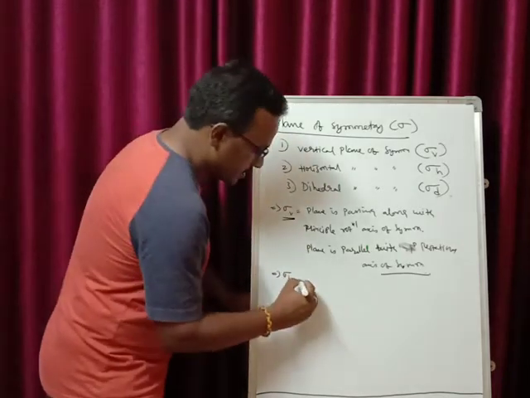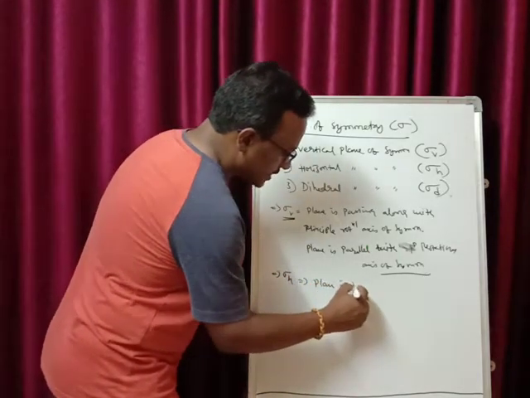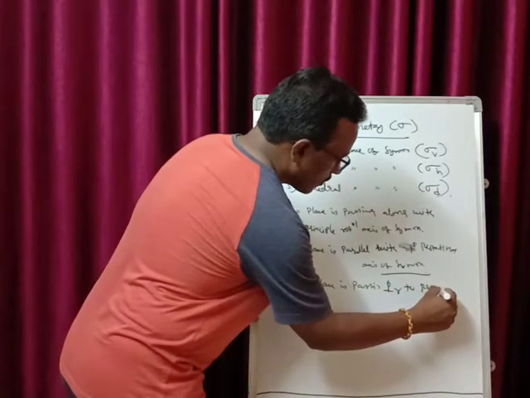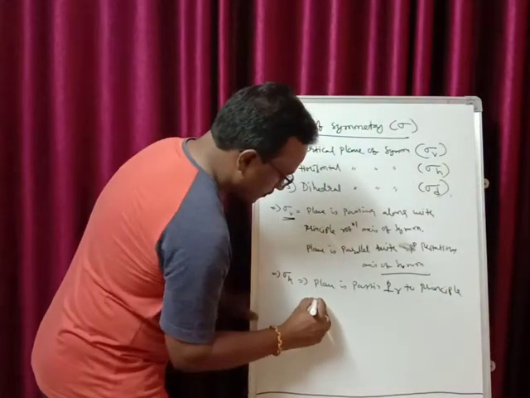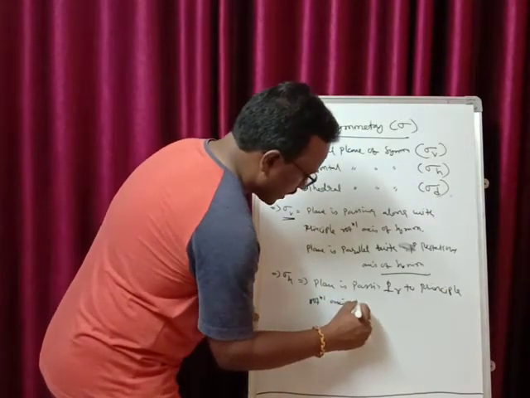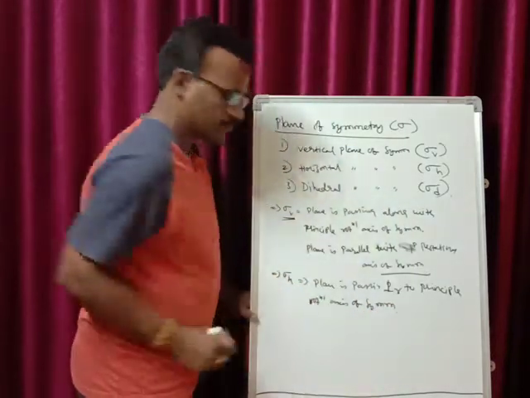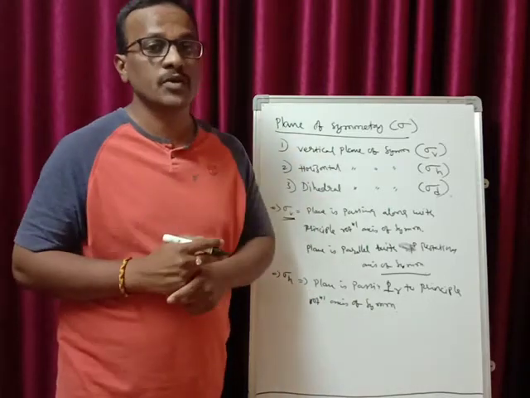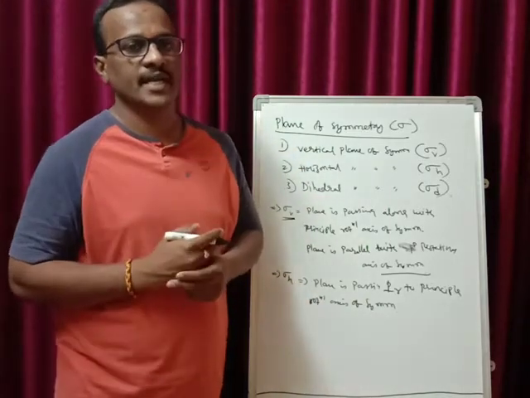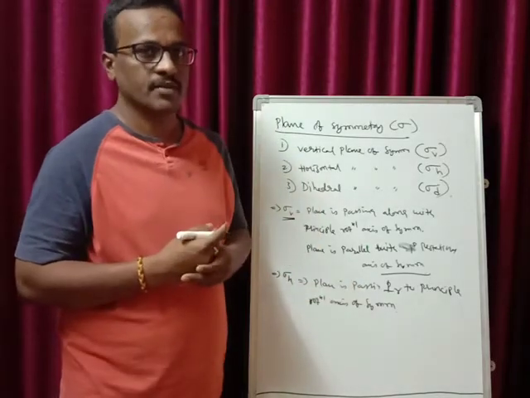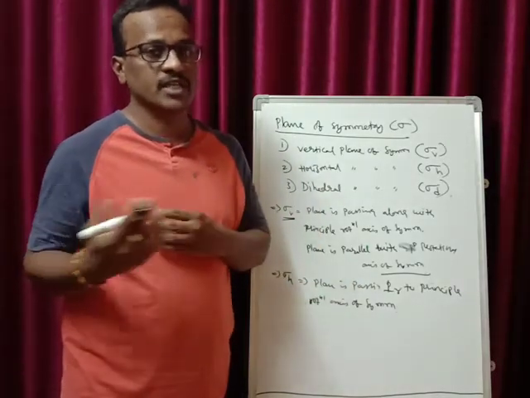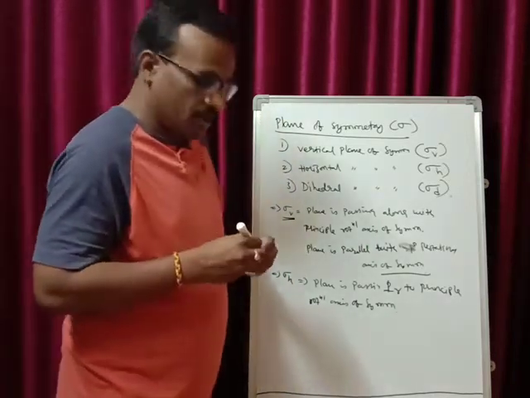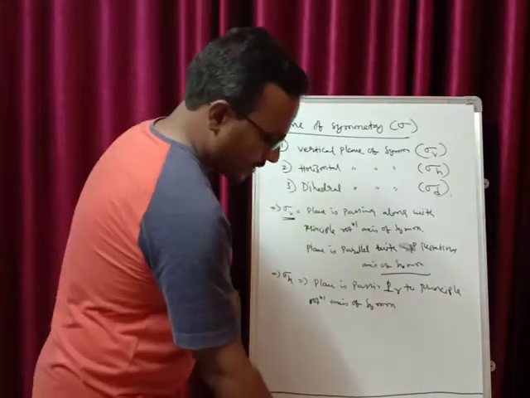And coming to the sigma h, that is the plane passing perpendicular to the principal rotational axis of symmetry. So here the plane of symmetry should be perpendicular to the principal rotational axis of symmetry. Then we say it as the horizontal plane of symmetry. If plane and the principal rotational axis of symmetry are perpendicular to each other, then we say that particular plane of symmetry as the horizontal plane of symmetry.